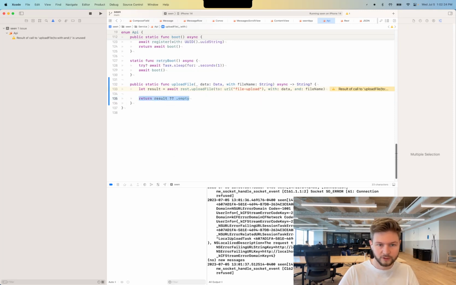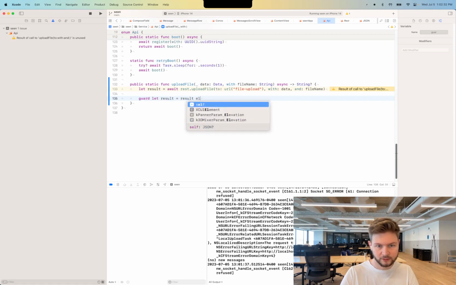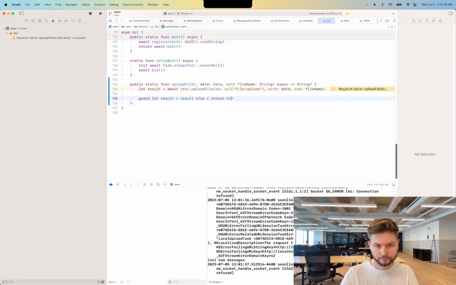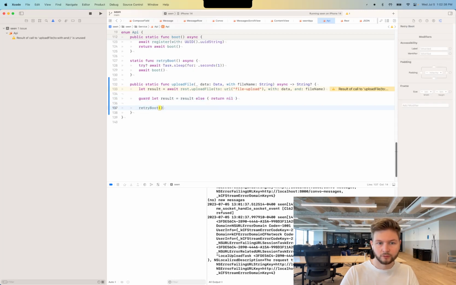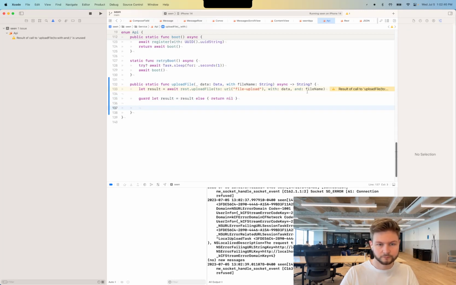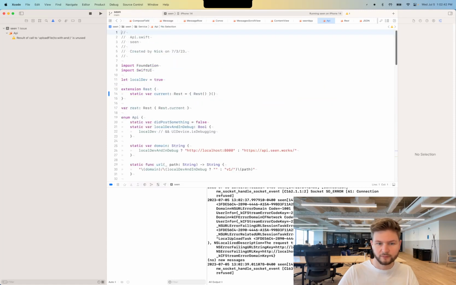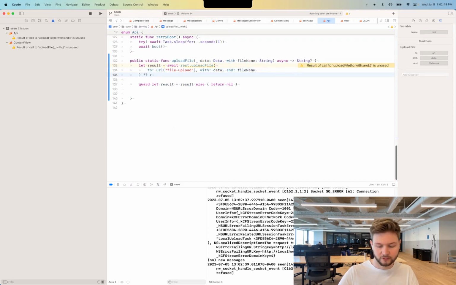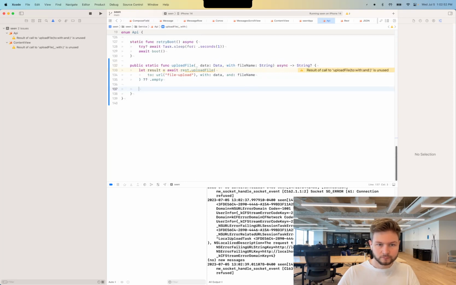Guard let result equals result, else return, you know what, let's just do the same thing we've done for all of them because I love it. Inconsistent. So we have the empty JSON default, and then we just return